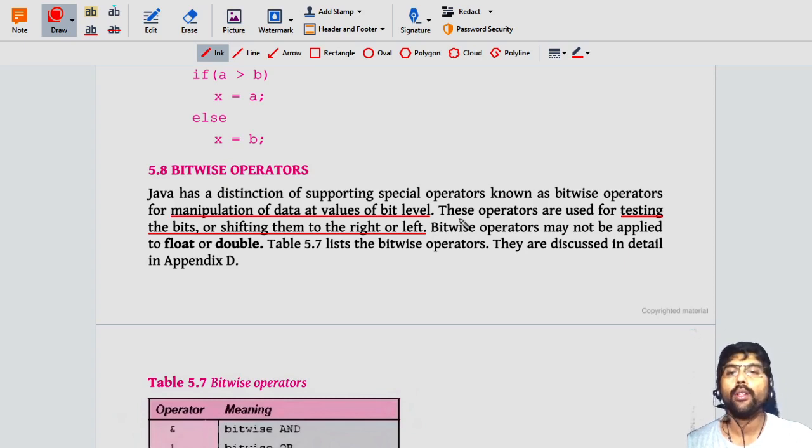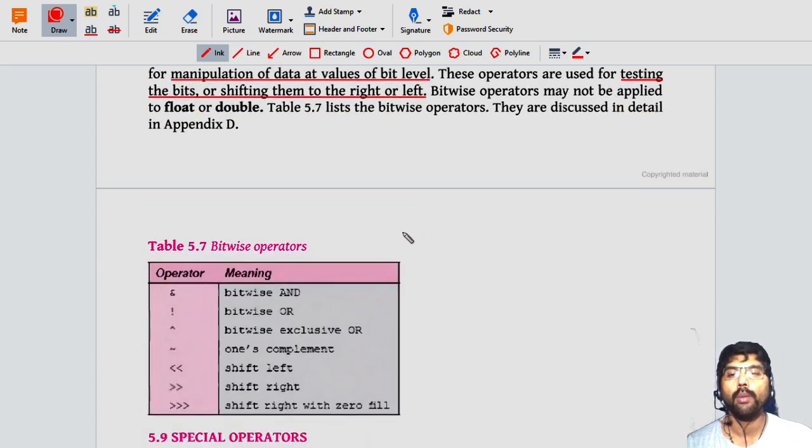The bit operators are used for manipulation of data at the bit level. Instead of directly operating on data, they work at the bit level. Most of the time, these operators are used for testing bits or shifting them left or right.